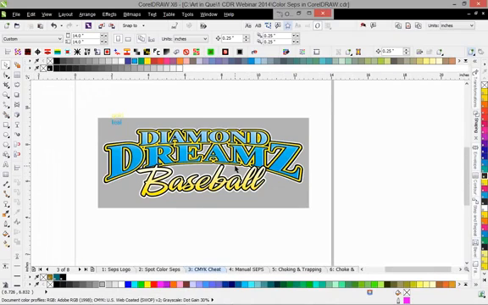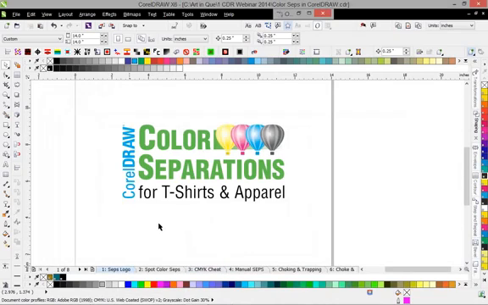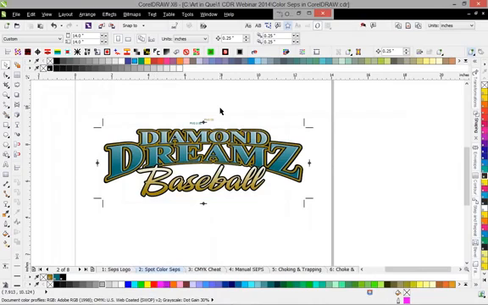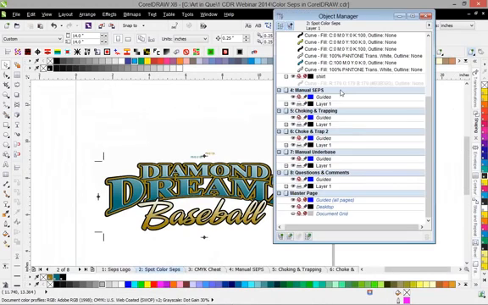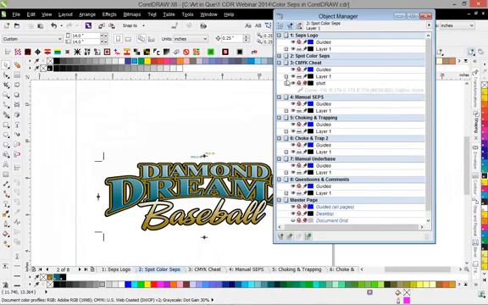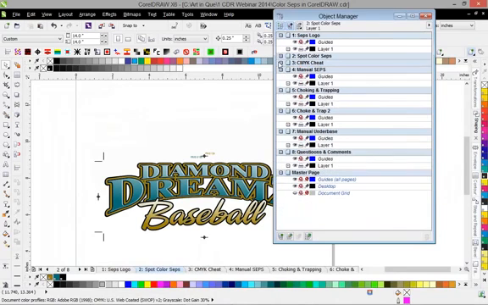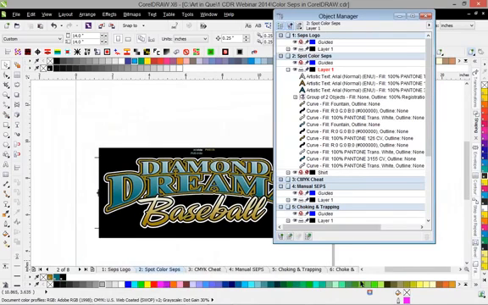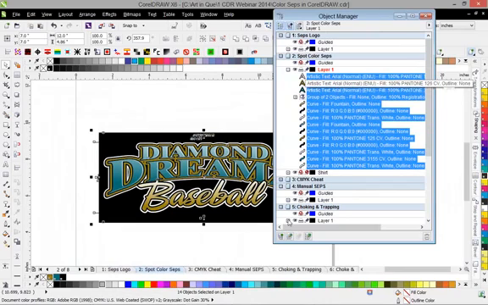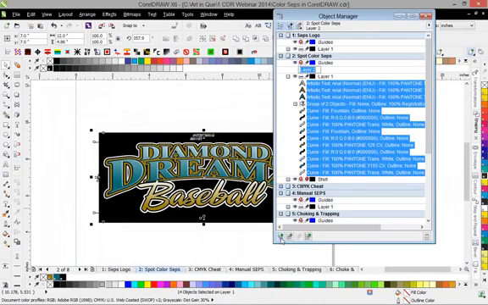This method is also a good way for doing a white underbase in a design. So I'm going to go back to the spot color seps page, and we're going to create a quick underbase for this design. And we're on page 2. So I want to get my shirt shown, and we're going to copy everything, including the registration marks. We're going to add a layer, label this your white underbase,